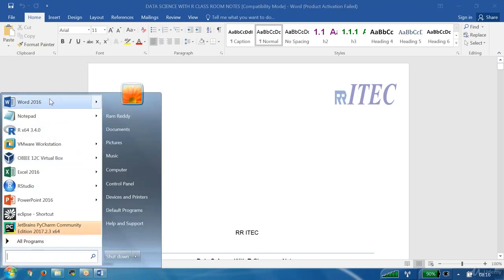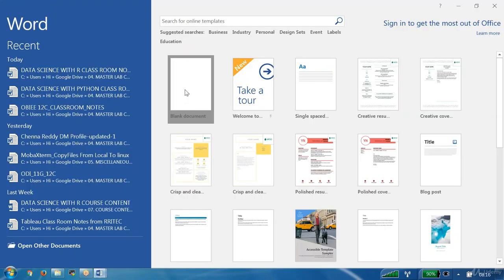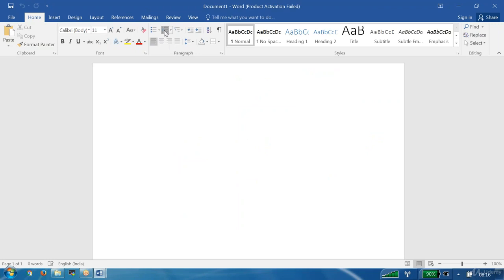Okay, in the last class we learned about vectors. The first point is that a vector is a 1D array, a one dimensional array. The second point is that it contains items, elements, or values, whatever we call them.